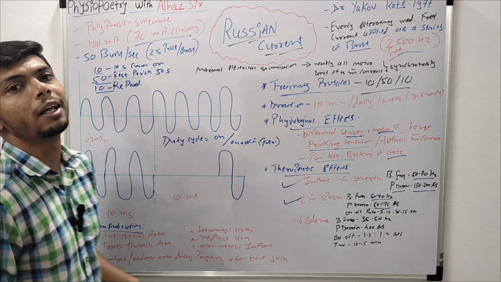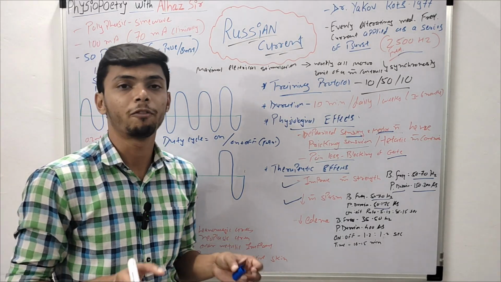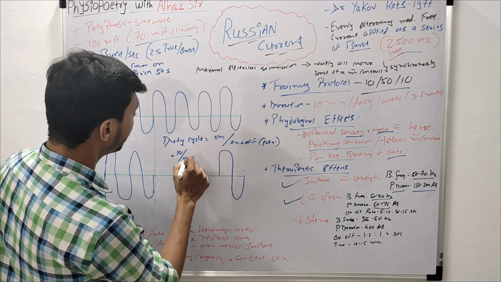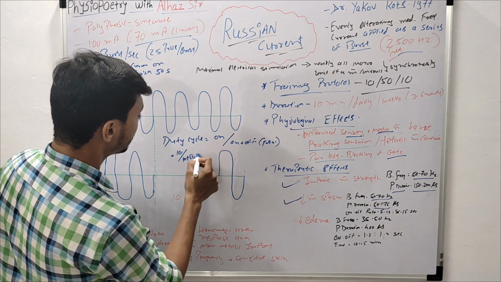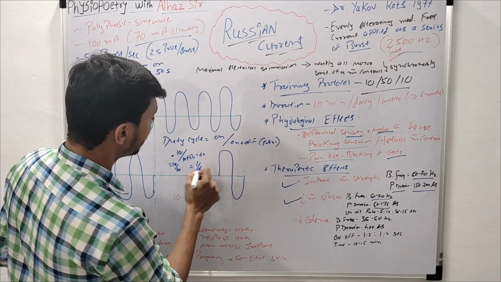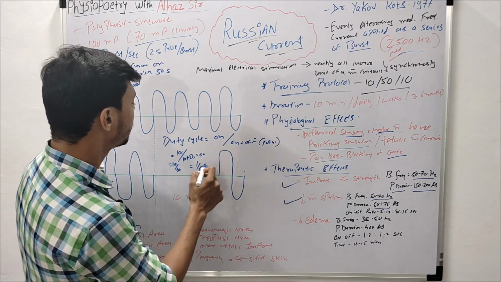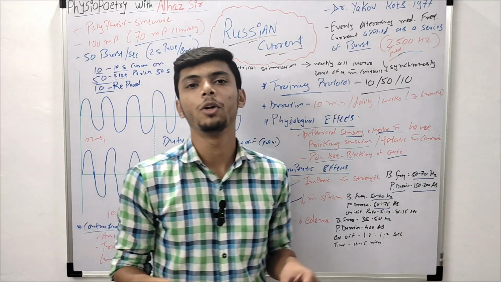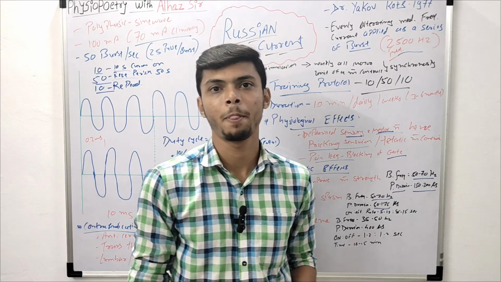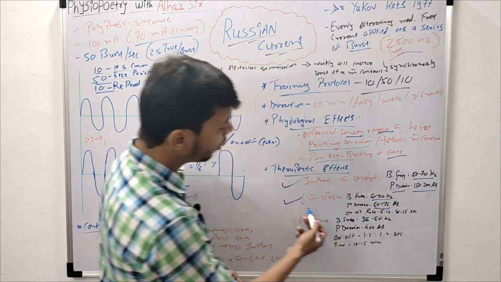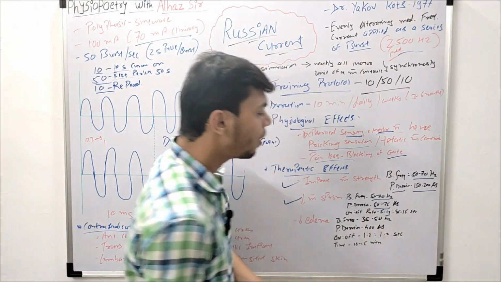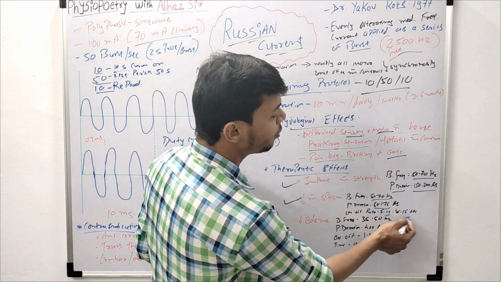For example, if we are applying the current for 10 seconds, we will write it here: 10 seconds divided by 10 plus 50, which is 60. So that gives us 1 by 6. This percentage will be denoted as the duty cycle of that particular machine, that particular treatment. So according to that, the on-off ratio to reduce the muscle spasm, the parameter we will set is a 5 to 12 second on period and then 18 to 15 second of